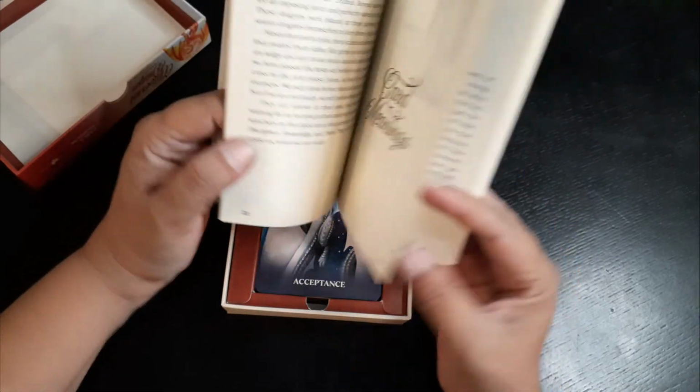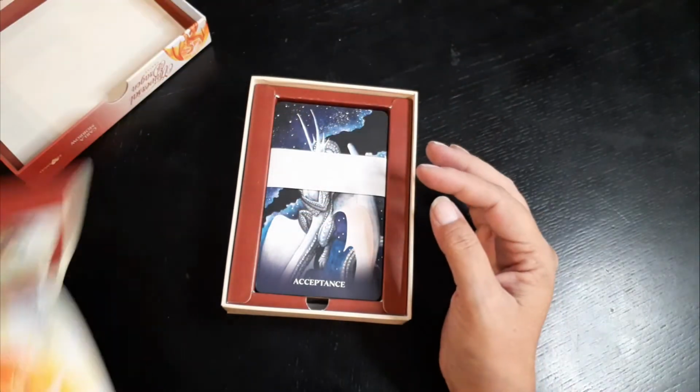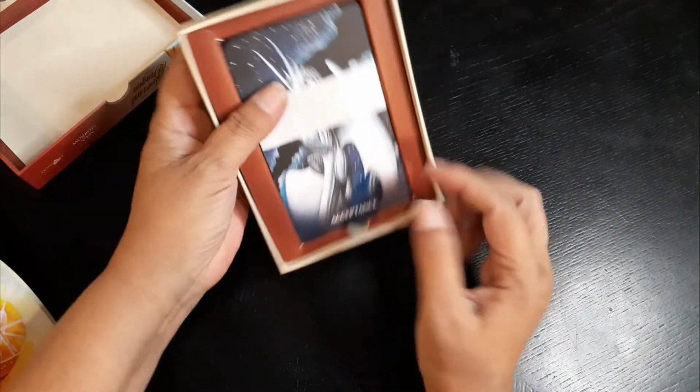Card meanings. Okay. Looks like they're in alphabetical order, so I will just keep that open there. Let's see. How do we...